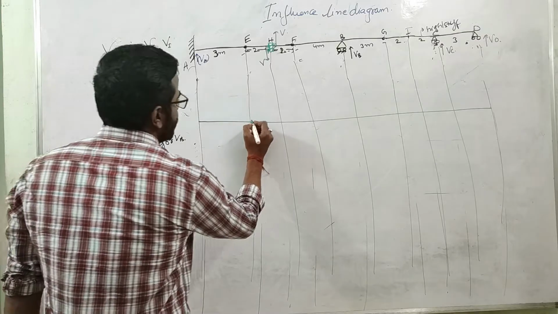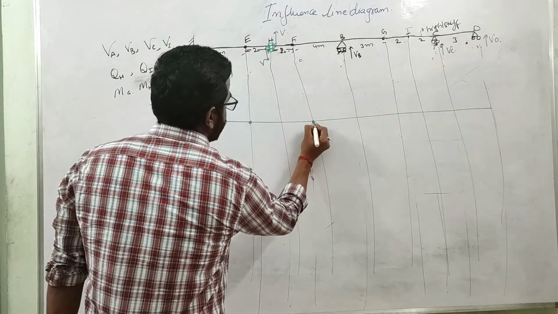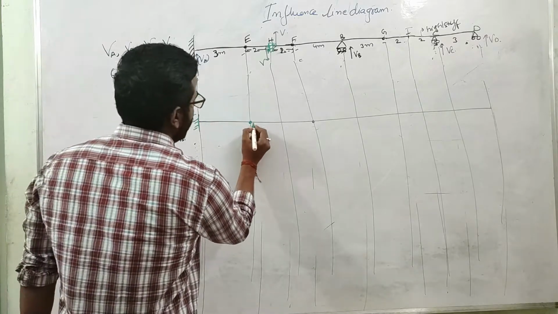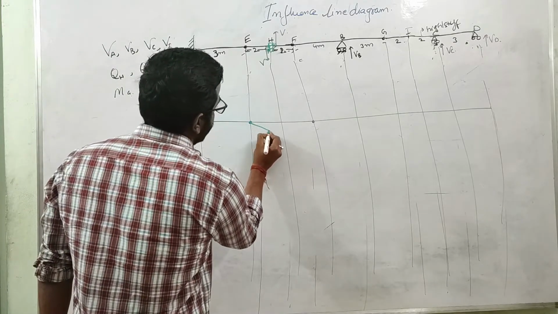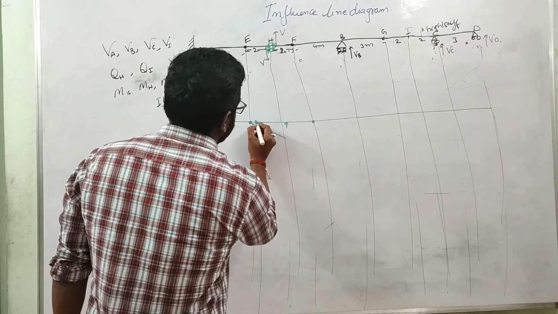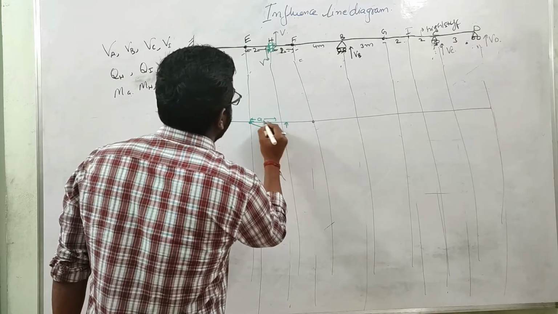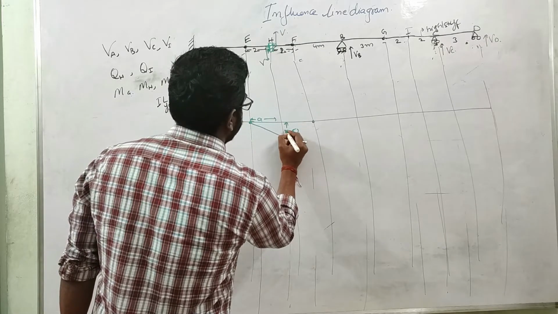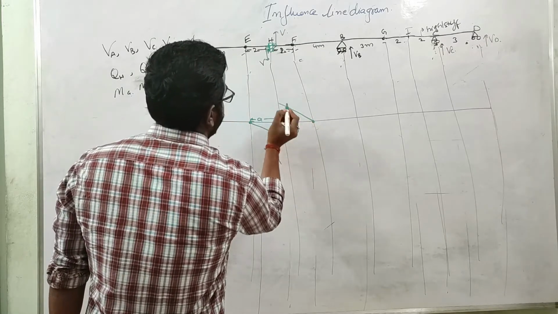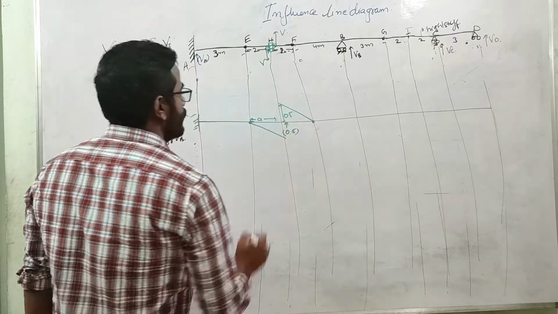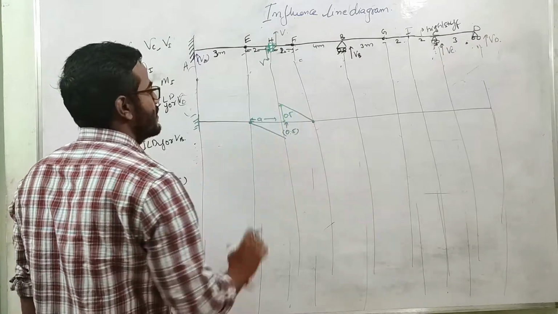Okay, so here this point is hinged and this is hinged. So when we are giving the shear deformation, we are not releasing moment at this point. So one portion will move like this. Let us suppose this is A. This is A by L, so this is nothing but 2 by 4, which is equal to 0.5. And this portion will move upward, and this is again 0.5. So you can see that the total shear deformation is unit.